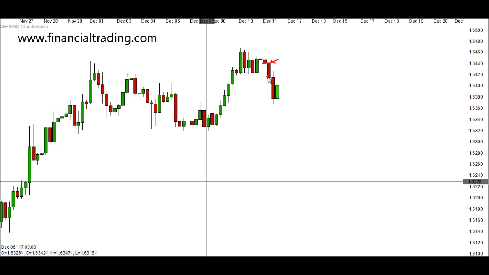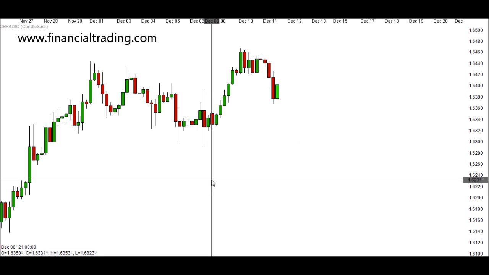On the next candle, price opened here and price closed here. On the previous candle, price closed here, and on this candle it has opened here. So every candle has an opening and closing price,